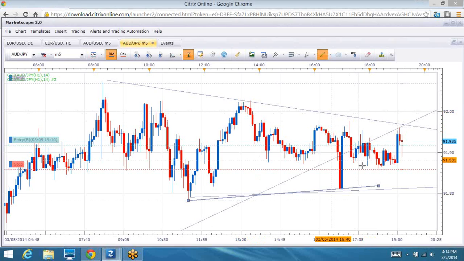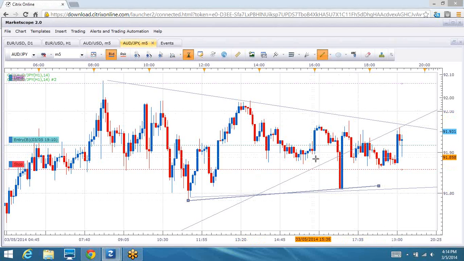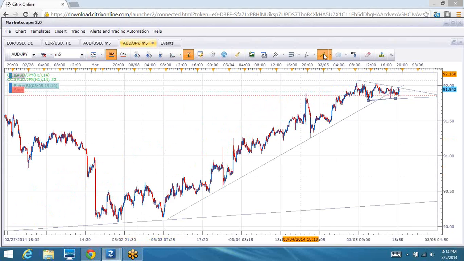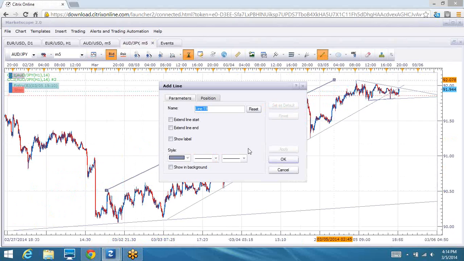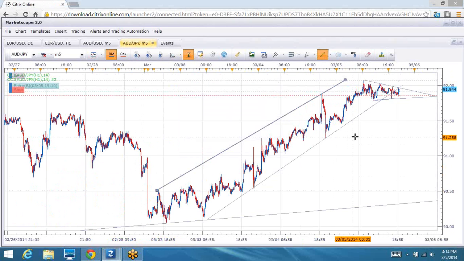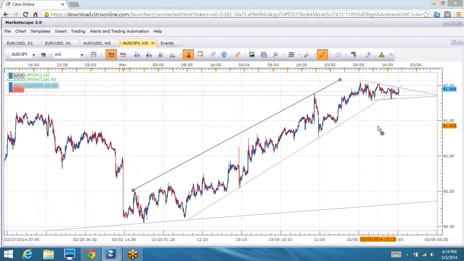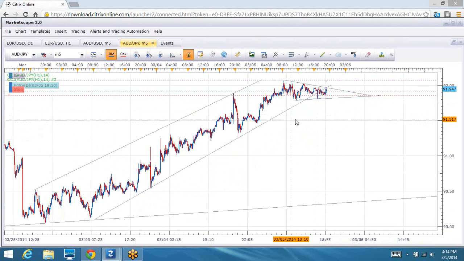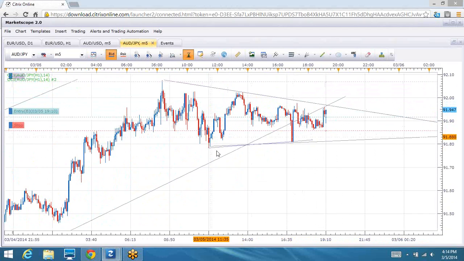From where to where? From here on? No, because your question to me was that the uptrend line has been broken. Yes, it was broken when you drew the trend line to within that area. But when you're drawing an uptrend line, you always connect all the troughs, and for a downtrend line, all the peaks. So yes, you need to redo your uptrend line.